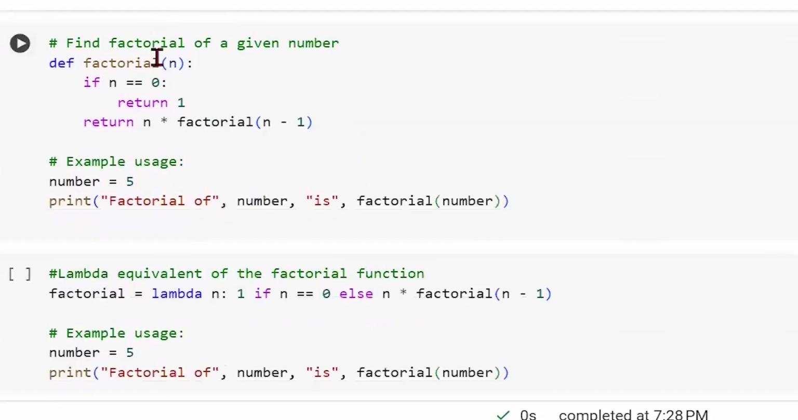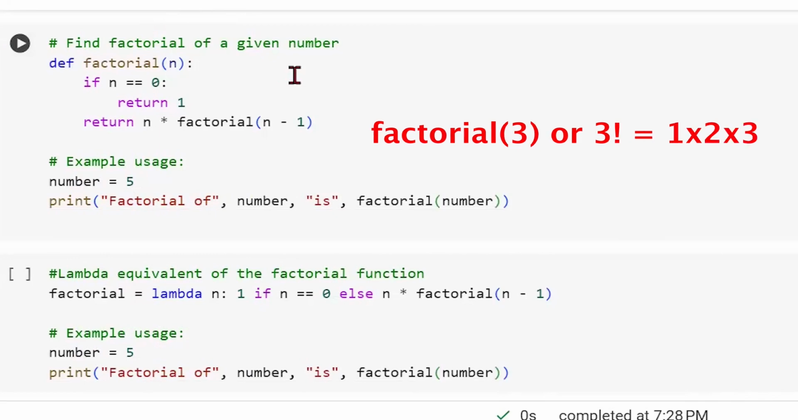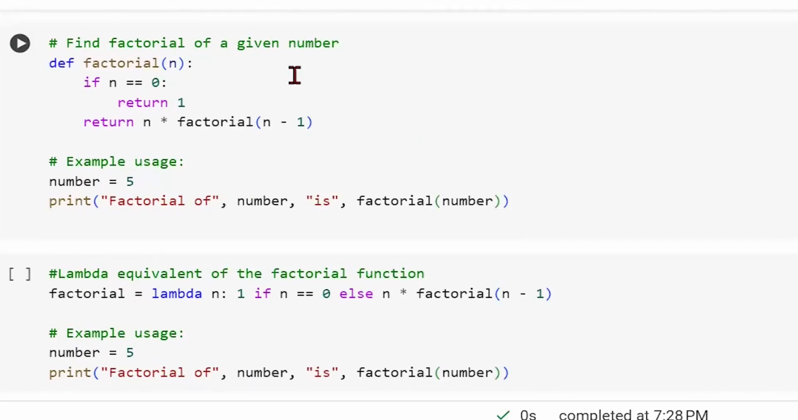Let's say we want to find the factorial of a given number. So factorial, as you know, if I say factorial of 3, that will be 1 into 2 into 3. So you multiply up to that number starting from 1 up to the number for which you're finding the factorial, inclusive of it. So when we say we're writing a function called define factorial, which takes the input, by definition,